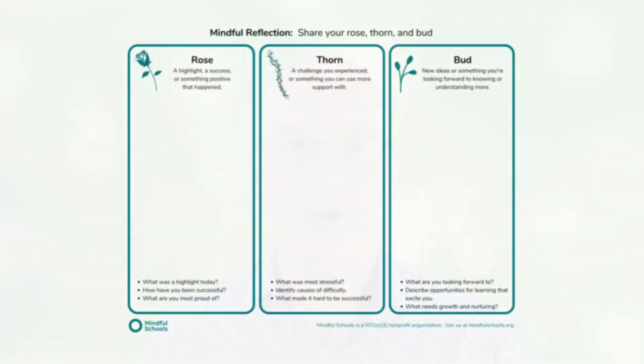The second resource is a way to reflect on past events and then categorise our thoughts about it. As a horticulturist, I like this analogy. It's the rose, thorn and bud method. The way you can use it is to ask the participants in your group to think back about a particular event and invite them to jot down their thoughts under 3 headings.